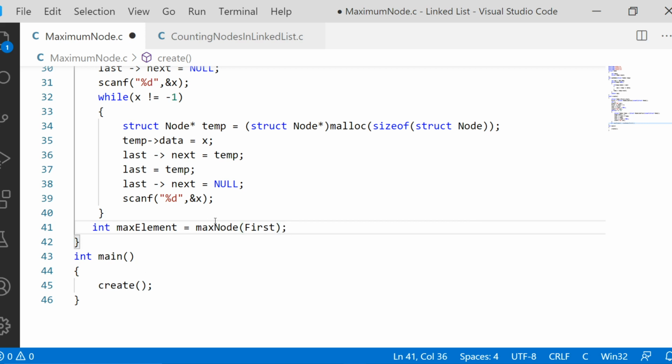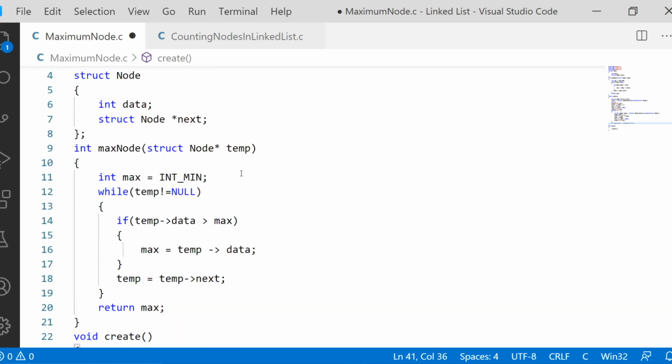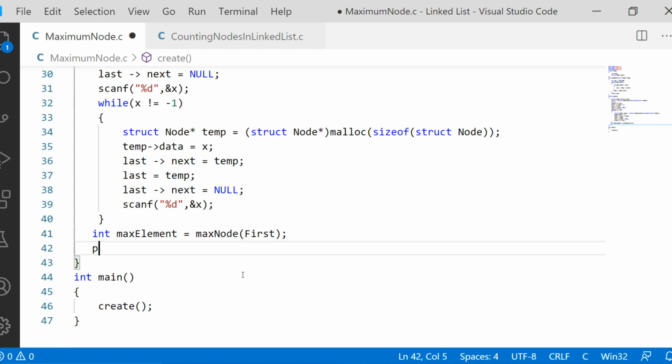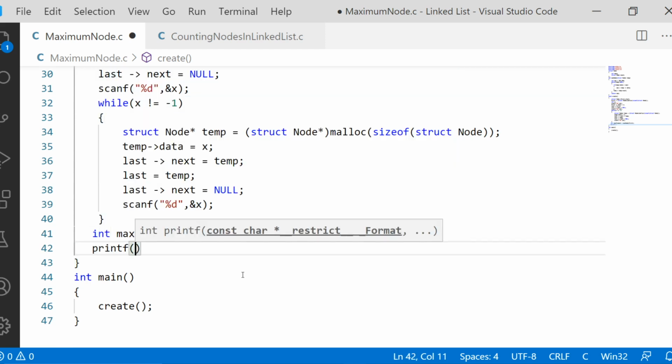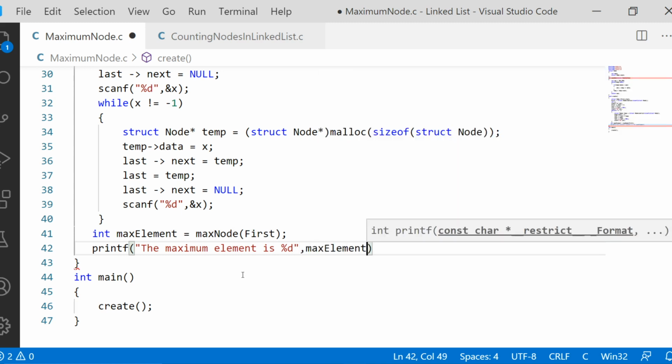So we are calling the function max node and passing the address of the first node, which will be received with the help of pointer temp, and all the process will happen and the maximum element will be returned, and then we'll be printing the value of max. So the maximum element is percentage d comma max element.